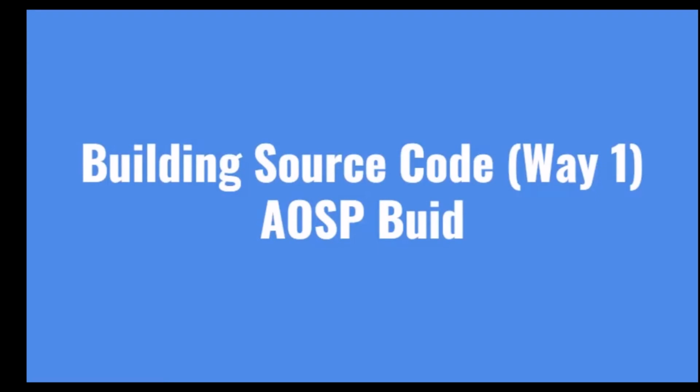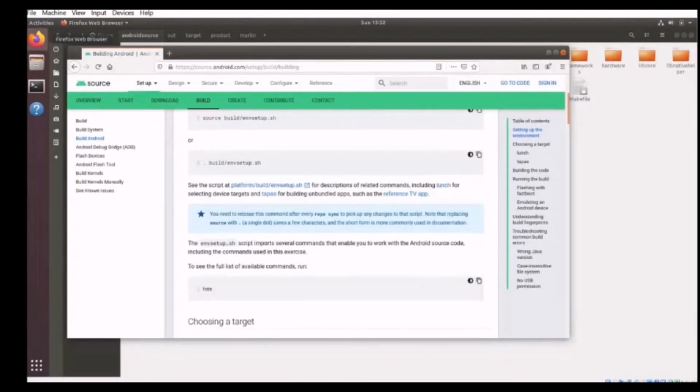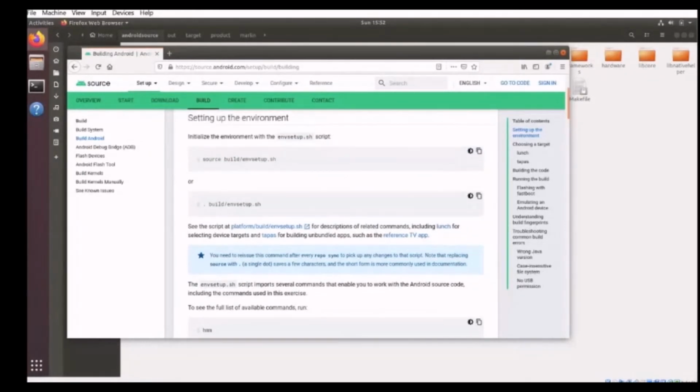Section 6, building source code, way 1, AOSP build. Navigate to the directory where our AOSP project has been checked out. And now navigate to the AOSP web page. Setup, build, and click Build Android. Copy the command